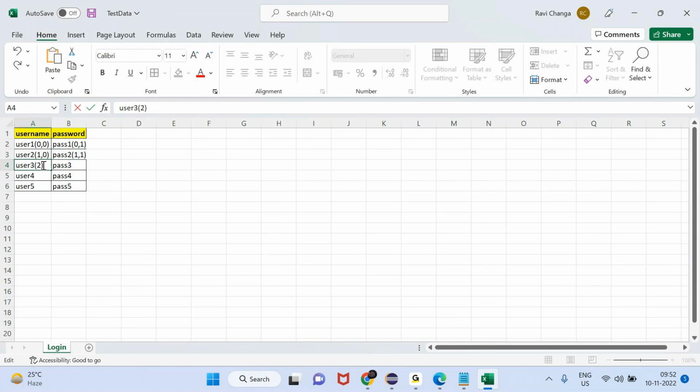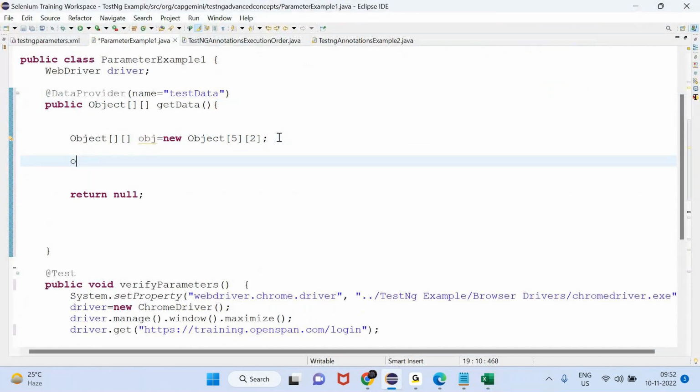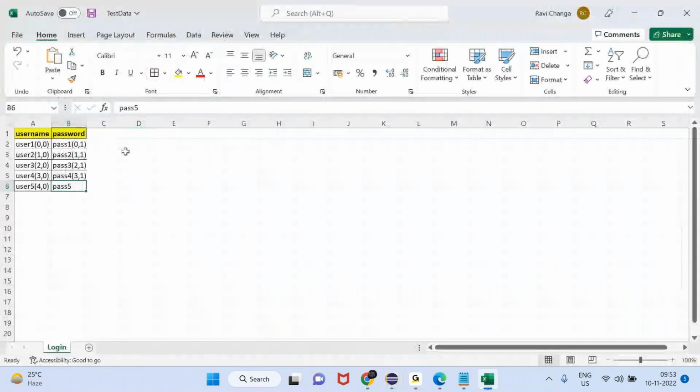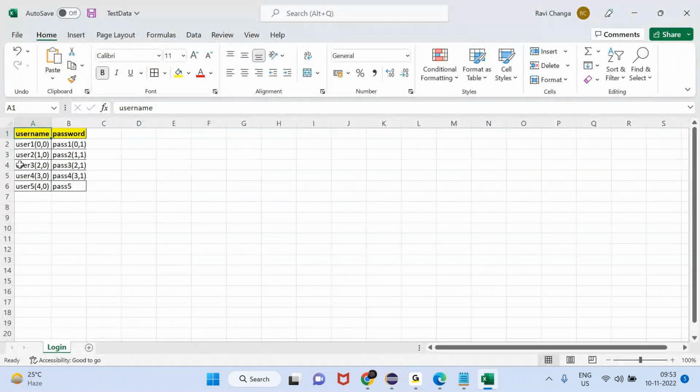Second row, 0th column. Second row, first column. Then third row, 0th column. Third row, first column. Third row, sorry, fourth row, 0th column. Fourth row, first column. Like this, we are going to store data. For timing, I am going to hard code here. Okay, how am I going to define? I define 5 users. Then it will represent this one. First dimension will represent how many rows we have. Second dimension will represent columns. Here we have 2 columns. That's why